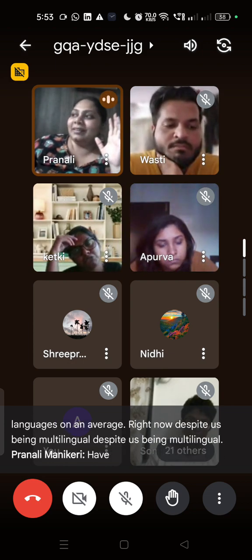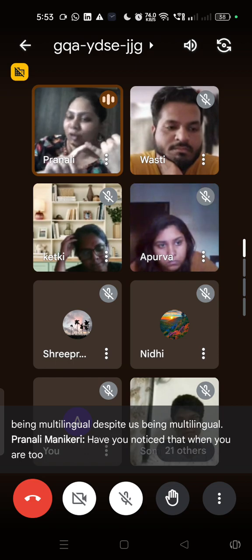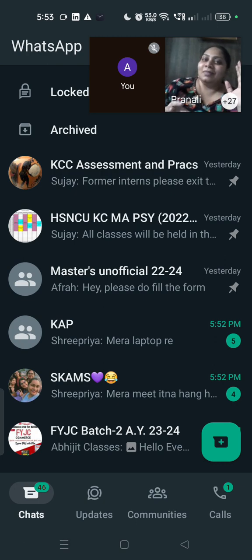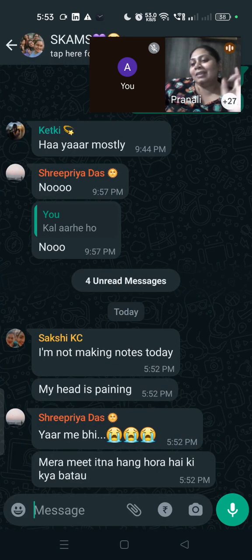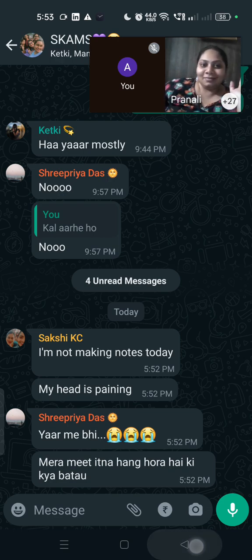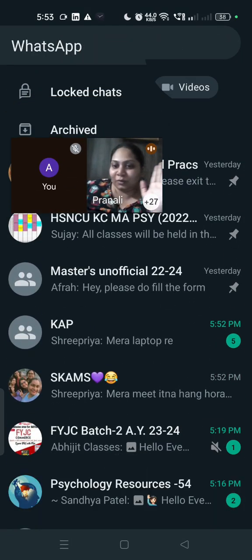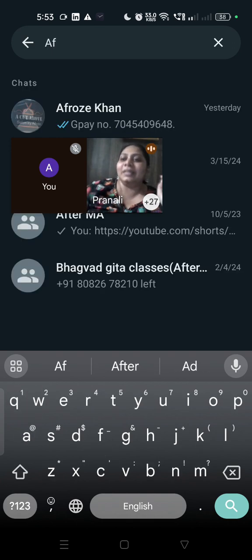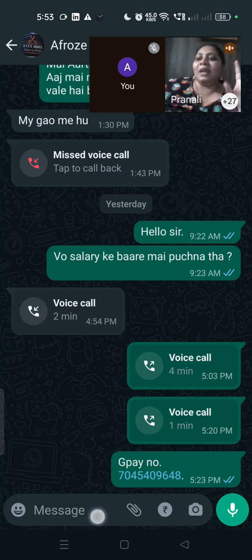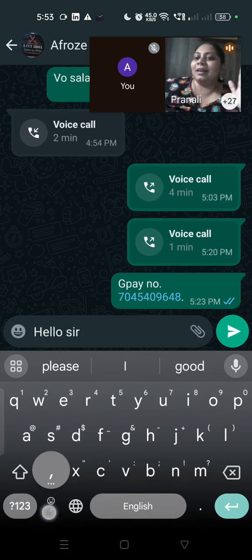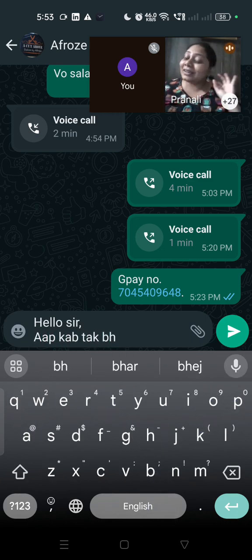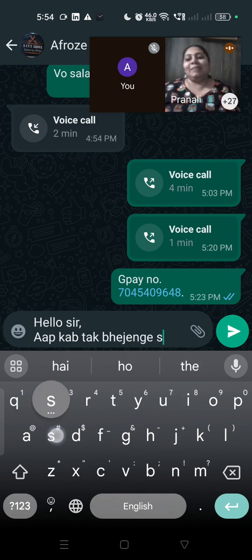have you noticed that when you are too overwhelmed, either too emotional or too angry or too pissed off, whatever may be the thing, you will get sukoon giving galis in a certain language only. Correct me if I'm wrong. Don't worry, I'm not going to ask you your preference for Hindi galis or English galis. But the point to note over here is that at the end of the day, no matter how many languages you know, when your top floor shifts, you will blurt out things in the language that you are most comfortable in. And unless and until you do that, you will not get that sukoon.